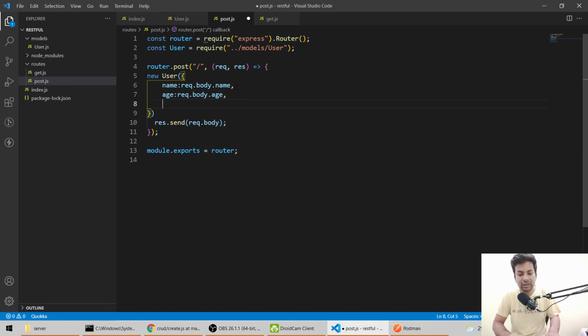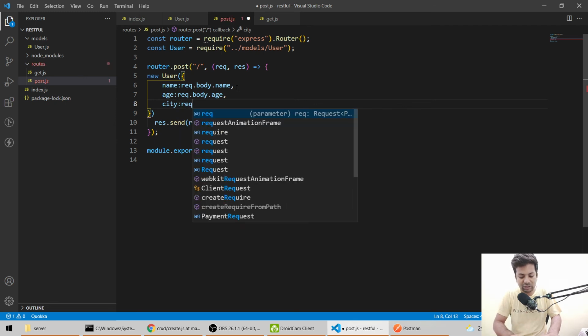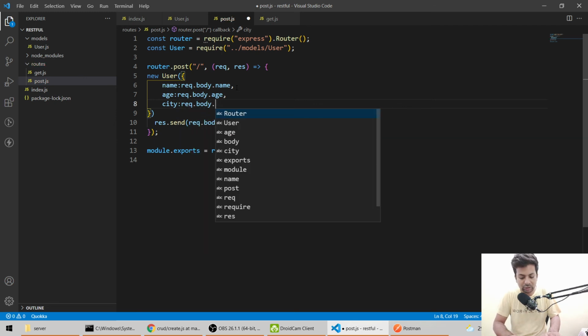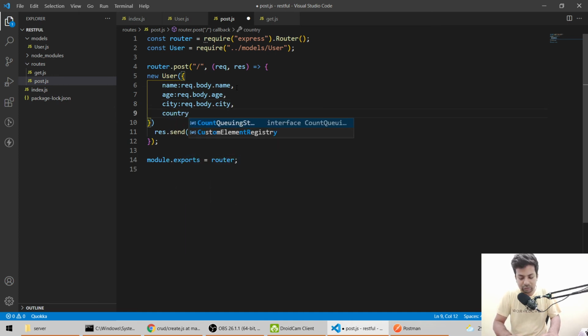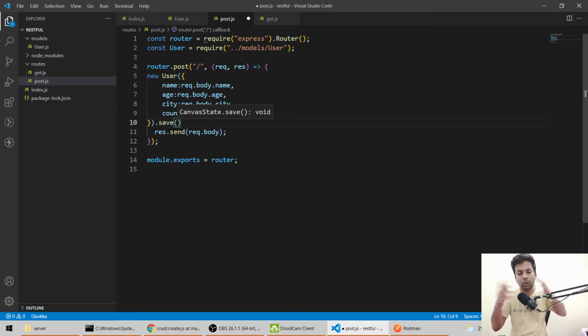Then we'll have city, which will come as request.body.city, and we'll pass country, request.body.country, and after that we'll say .save. Dot save means just save all of the data. Whatever we send, it will capture it here and save it.